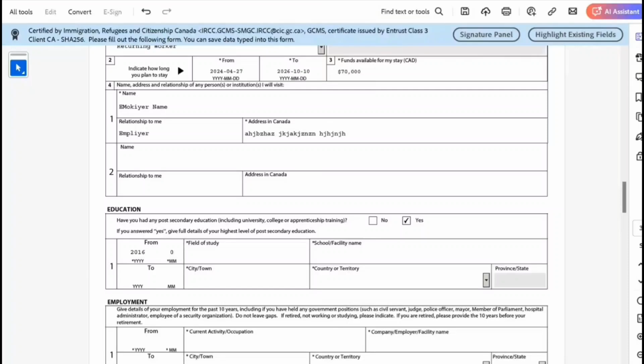So let's say 2016 03 to, just as a sample, I'm putting 2020 03. He studied, so I'll just write bachelor's of technology at the school, Delhi, New Delhi,